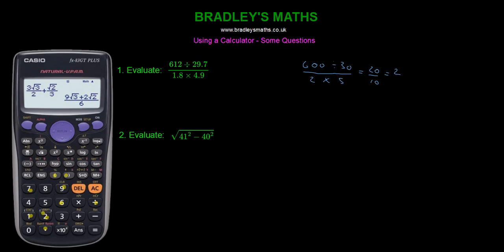Now, we can either put divided or we can put fraction. Let's put divided again. I think I put fraction before when we did things like this in the other worksheets, so I'll put divided again. And then we need to open our brackets again. And we've got 1.8 multiplied by 4.9, close brackets, equals, and you should have got